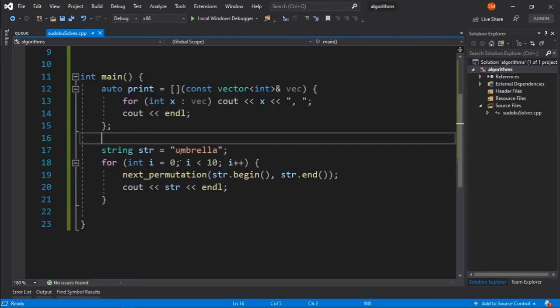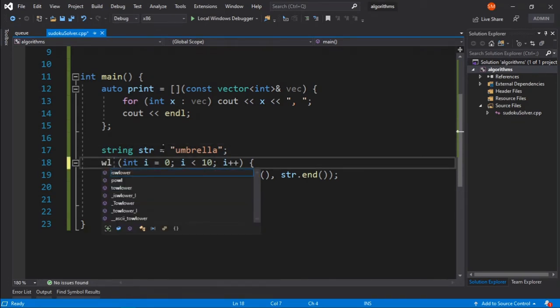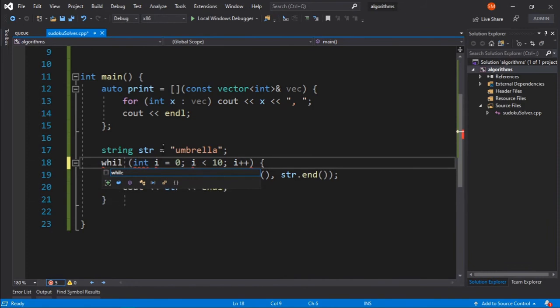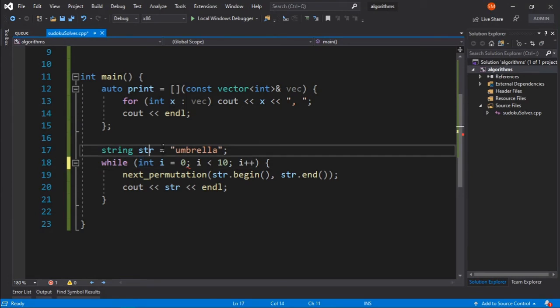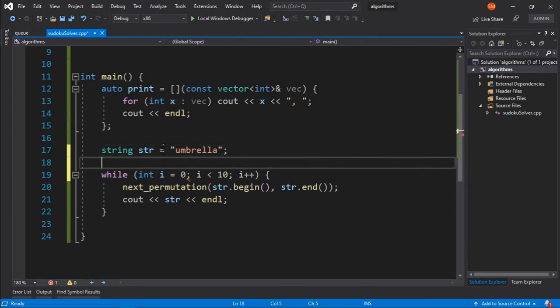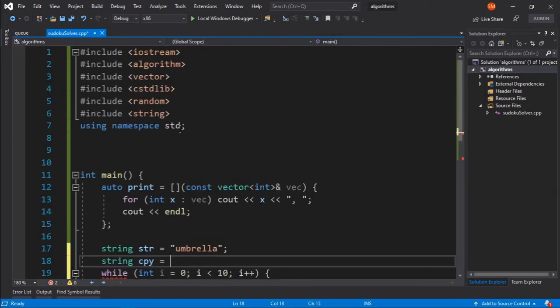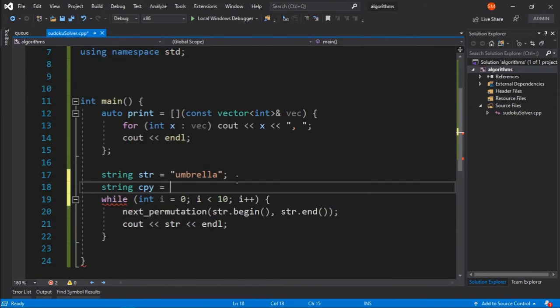Now I don't know how many permutations there are, so what we can do is simply run a while loop. And I want to copy the string first. So let's say string cpy, because the copy function exists in the algorithm header file, and we are obviously doing a bad practice, that is we are using namespace std at the top.